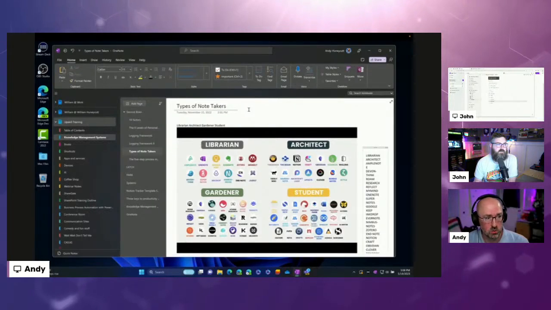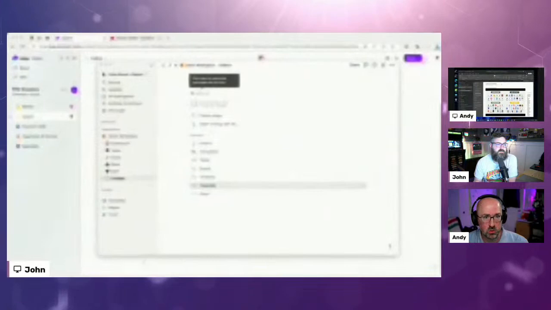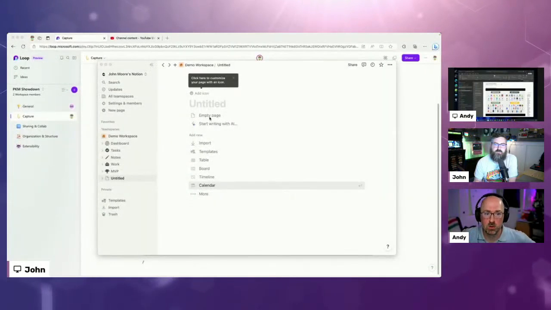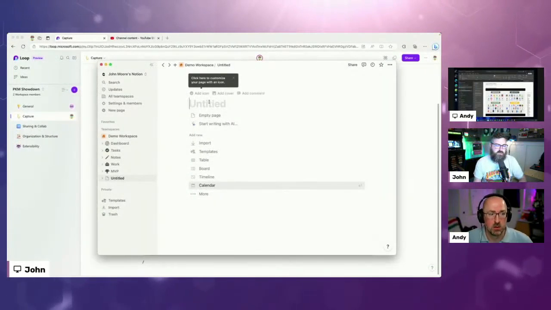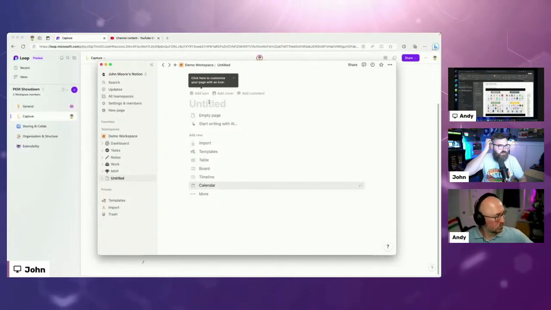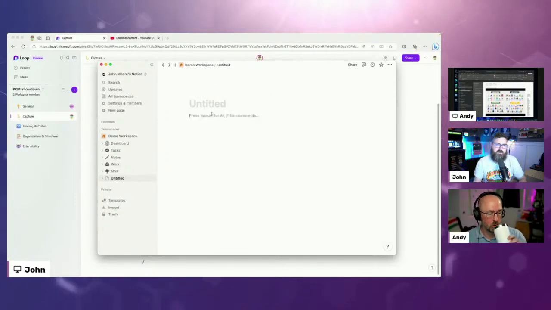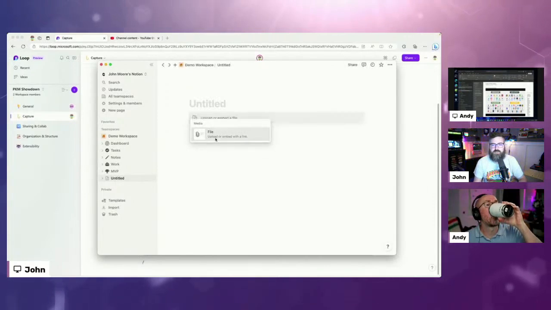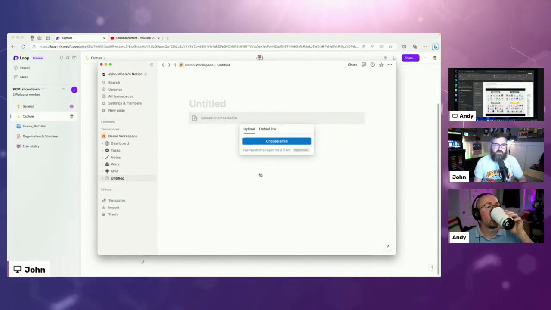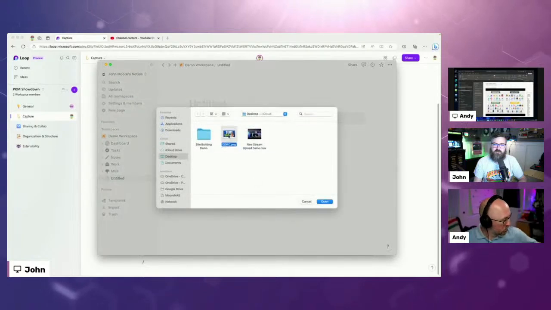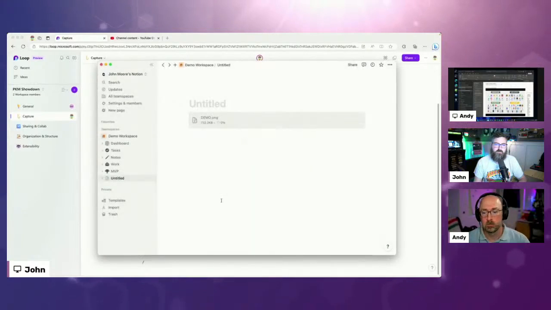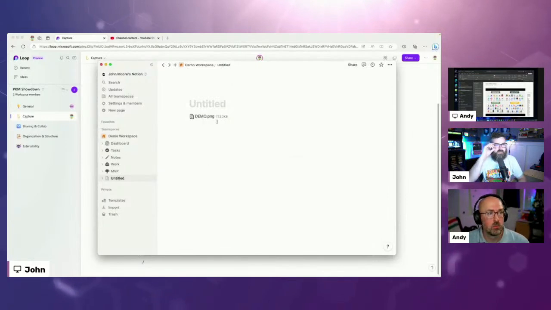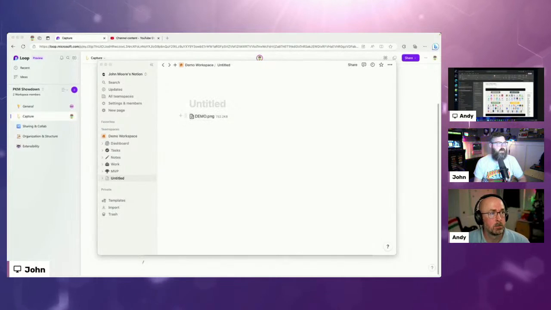Do you want to go briefly through Notion? Yeah, I'll show some Notion stuff. So I've got a Notion page up here, and I can do a lot of the similar stuff, right? So I can do a file, like Andy was showing, where I can upload a file. I can hit choose, and then I can grab this picture right here, and I can upload that way. You see how it's uploading it to that cloud service? It was like 700 kilobytes, right?